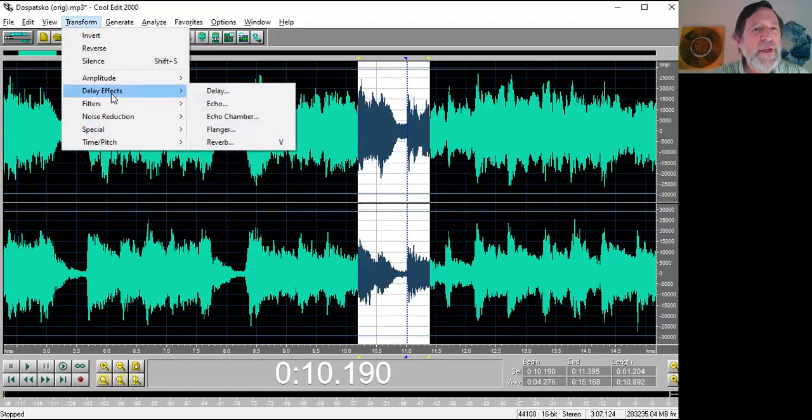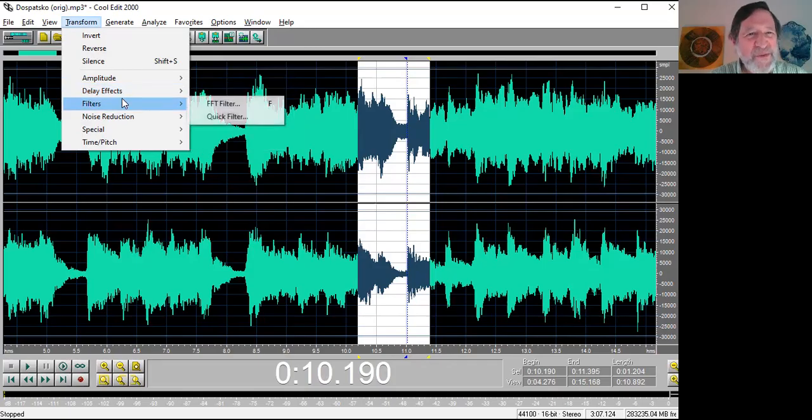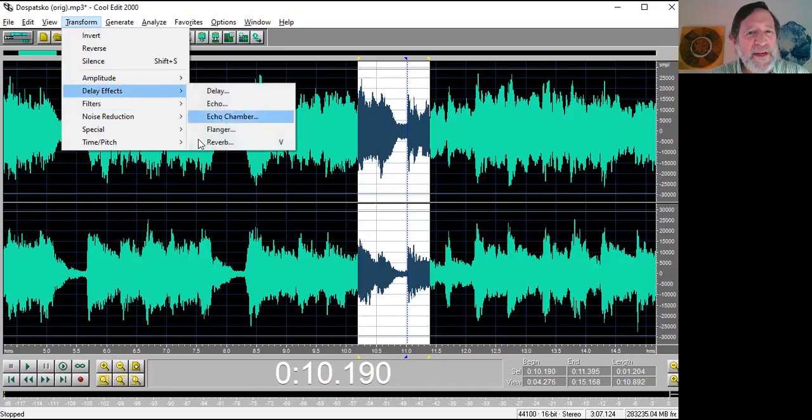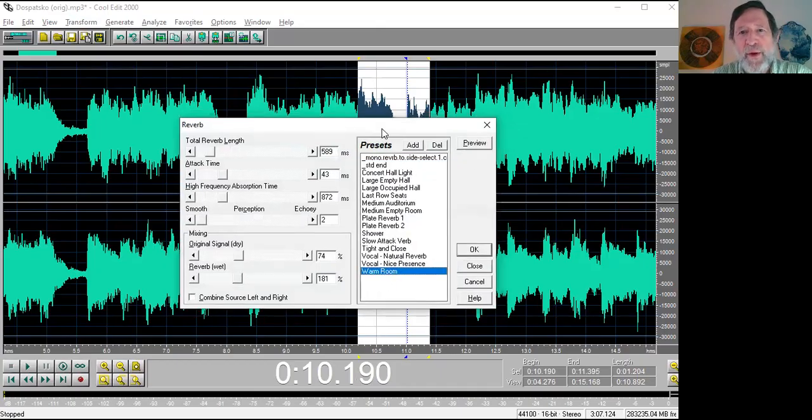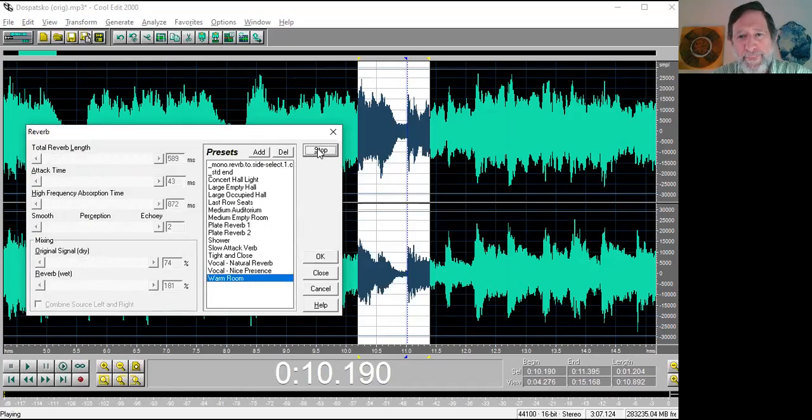Oh, there it is. Okay, so it's a delay effect. This is why the keyboard shortcuts are so nice, because you don't have to remember where you are here. But the transform delay effects reverb, my V brings up the reverb menu. And so you can choose almost any of these for such a short amount of sound. So let's say warm room. And now if I type preview,